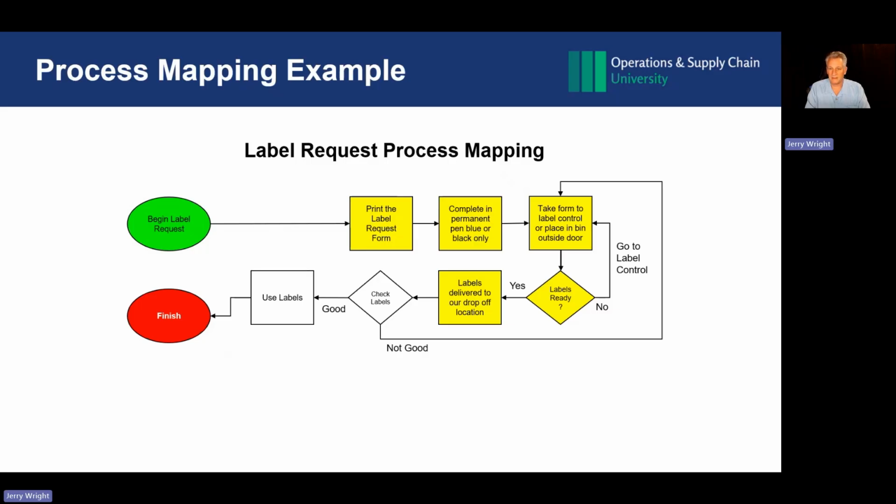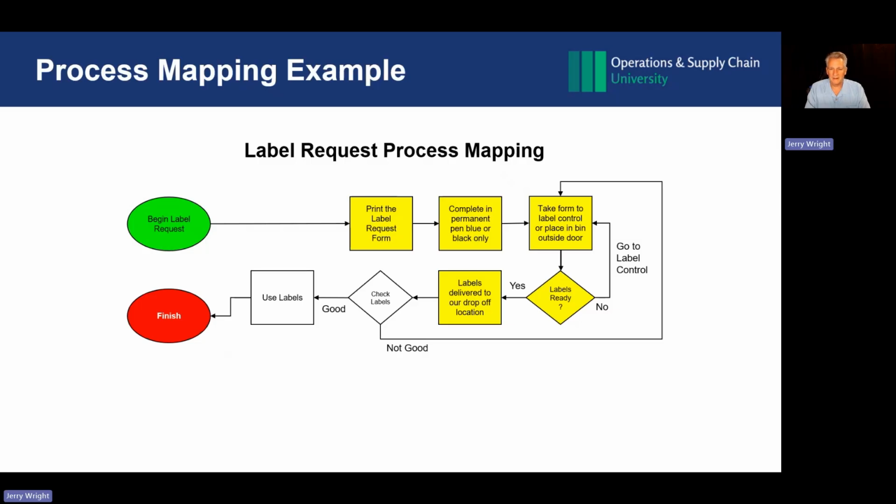Then, are the labels ready? Yes, great. If not, then we go back to label control when they are ready. It's a lot of walking, you can imagine. Then the labels are delivered to our drop-off location. We check the labels, and if they're good, we use them. If not, we've got to go all the way back to label control. So in this particular example, we identified 5 areas that were all wasteful and should be basically reduced or eliminated